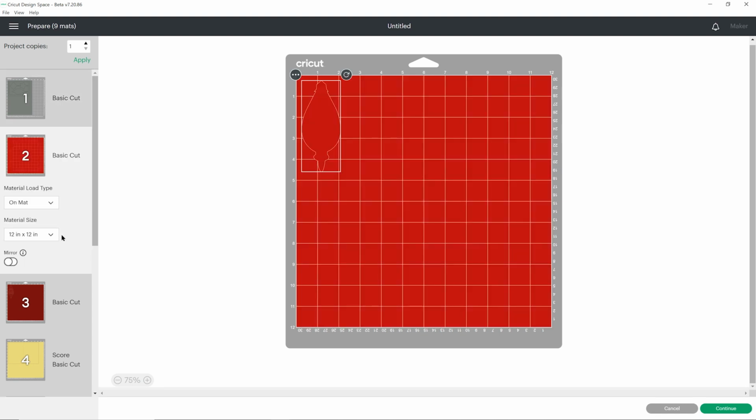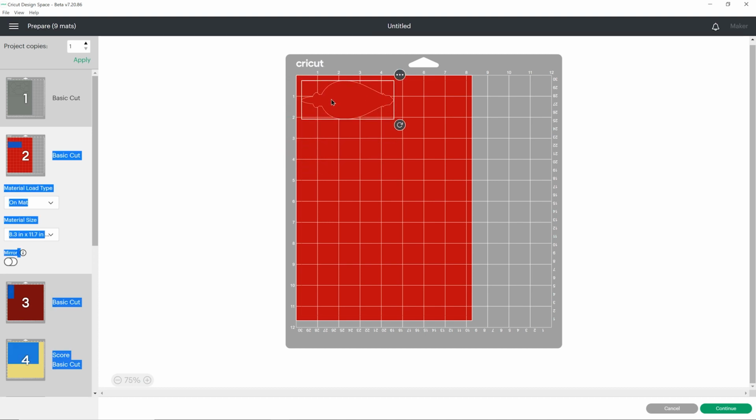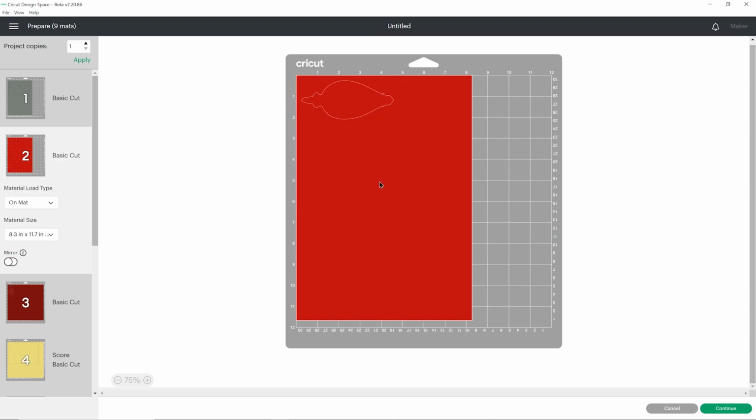You do need to make all of those changes for all of the different paper sizes. So for example, on this one as well, I'd probably do that, and then it will use up a little bit less space. So go ahead and sort out all of your sheets of cardstock, and then when you're happy with how it's all looking, press Continue to connect to your Cricut machine, get everything cut out from your cardstock, and then we'll see how to stick it all together.